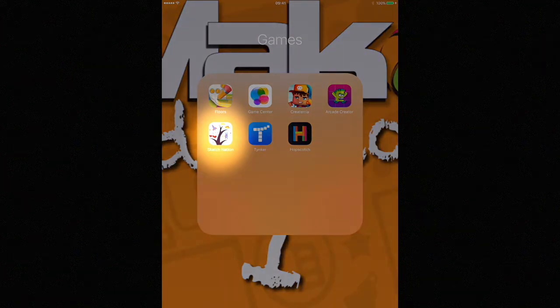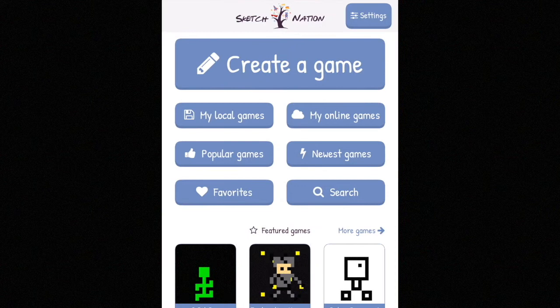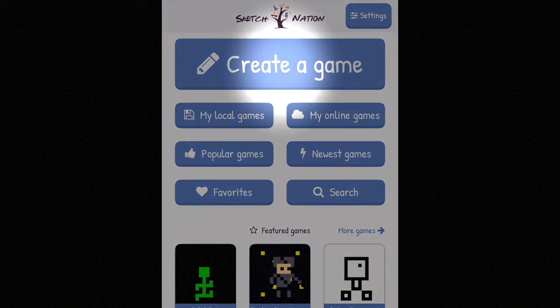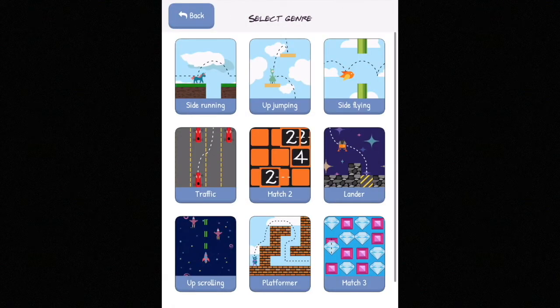First, find the Sketch Nation app on your iPad and give it a click. Once the app opens, you'll see that there's a few different options. As we're creating our own game, you need to click on the large Create a Game button at the top of the screen. This opens up a window that shows you all the different game styles that can be created